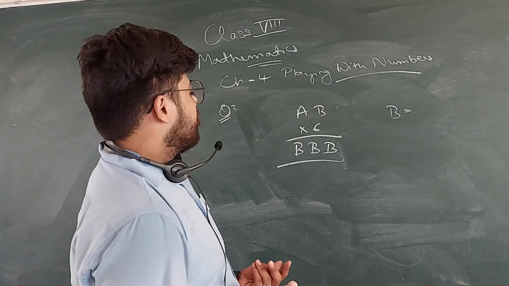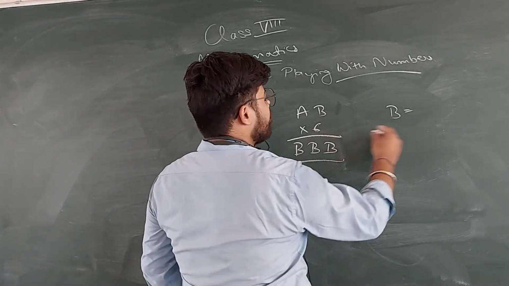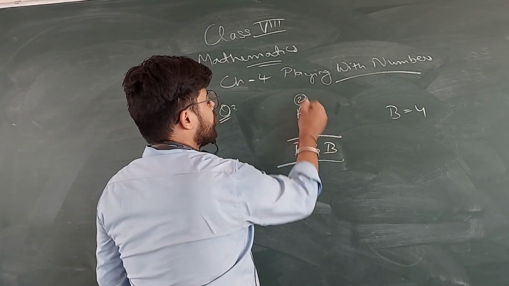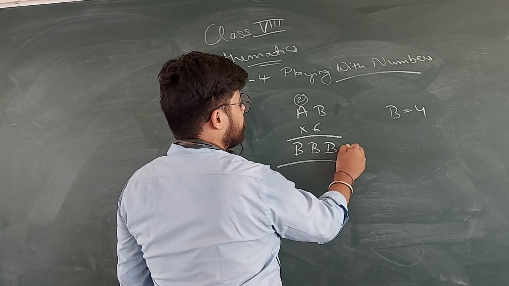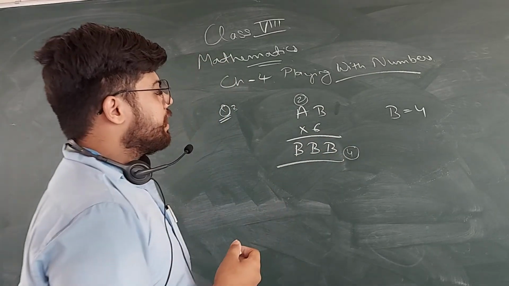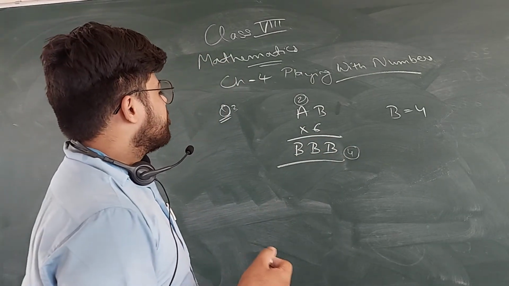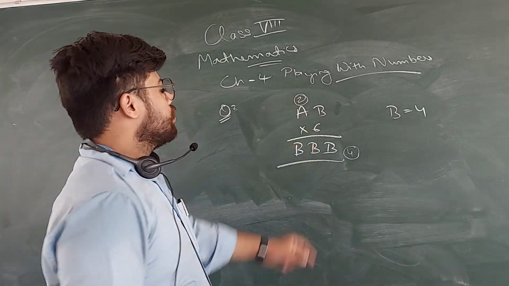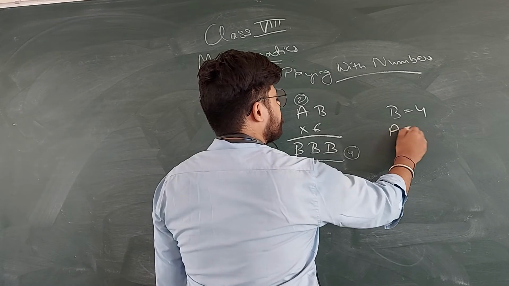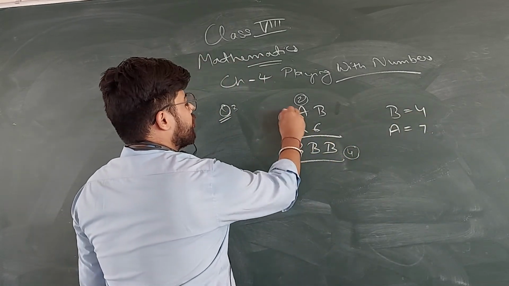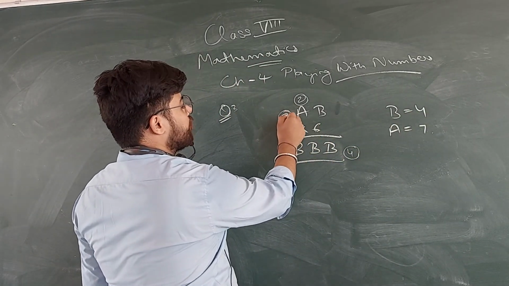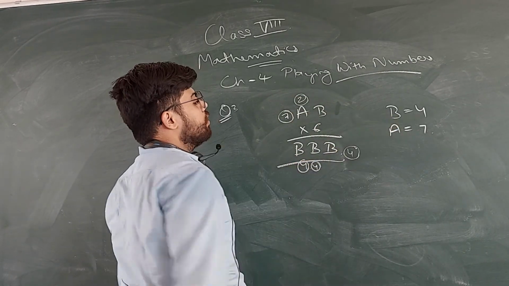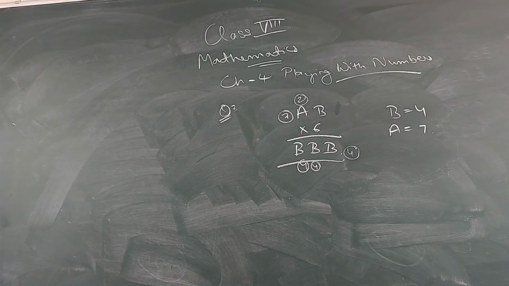Here a little bit tough question is there. So if I go B value with the 4, look at that. 6 4s are 24. 2 will be carry, 4 will be down, and A value if I take, 6 sevens are 42, then only 4 4 will come, 42 plus 2, so A value will be 7. 6 sevens are 42, 42 plus 2, 44, and here also 4 and 4 because B value is 4, 4 4 4. So B value is 4 and A value is 7.